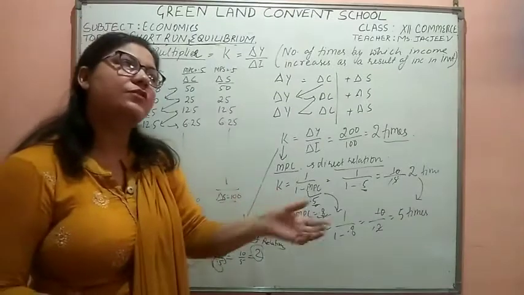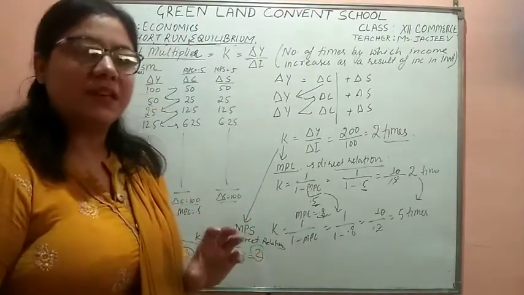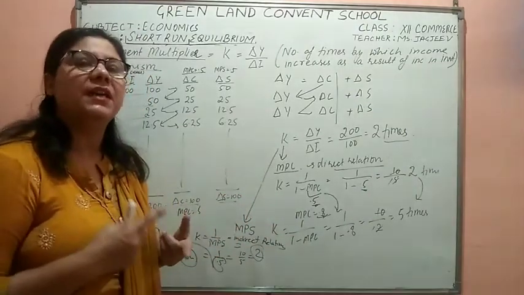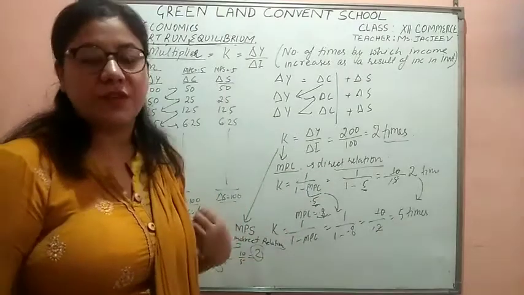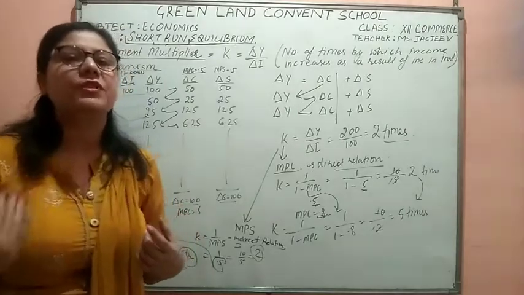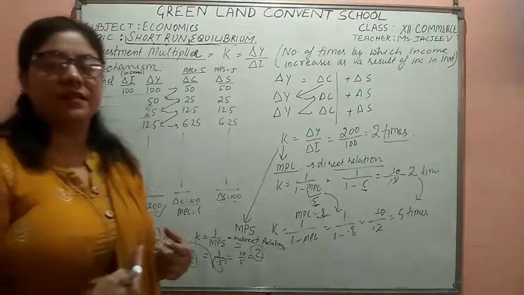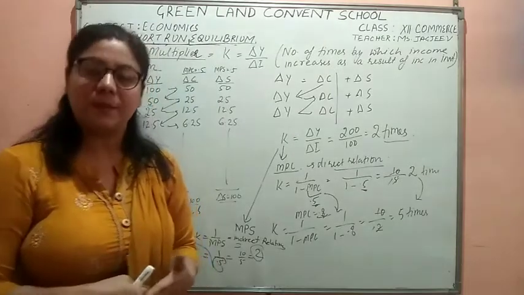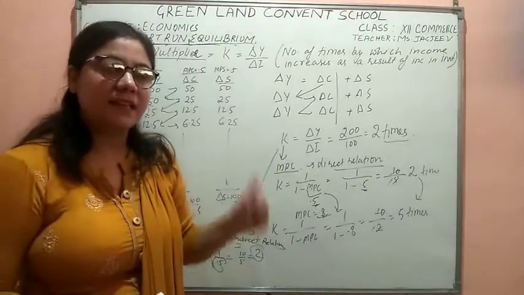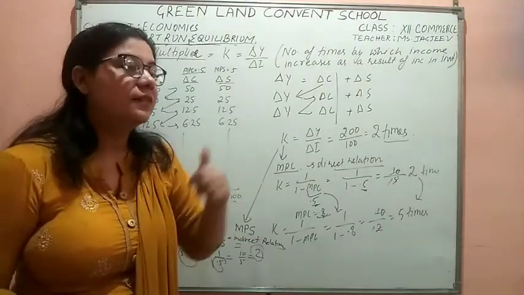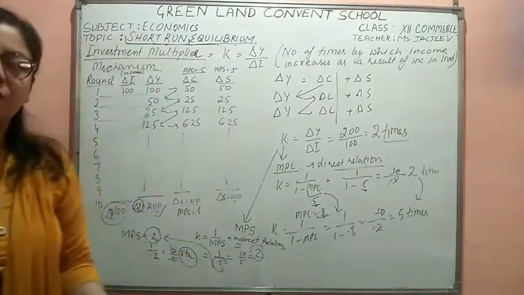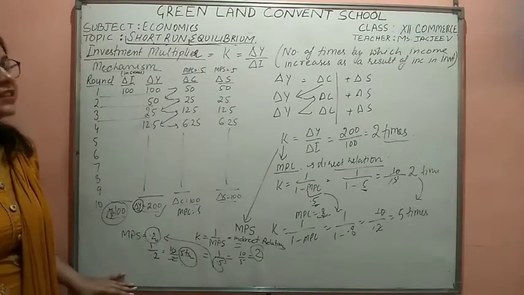But students, there is also a backward effect of the multiplier. If the investment is withdrawn from the economy, then also it is having the multiple effect. If the investment of 100 crore is withdrawn, it means that the income might go down by 200 crores, 300 crores, whatsoever multiplier is there. That is known as the backward action of the multiplier. When the investment is withdrawn, the income will decrease in a multiple effect. When the investment is done, then the income will increase in the multiplier effect. That is the forward action. So that's all in this chapter.